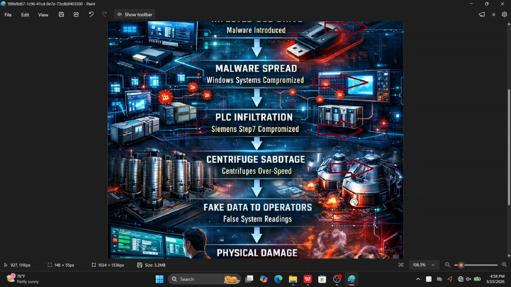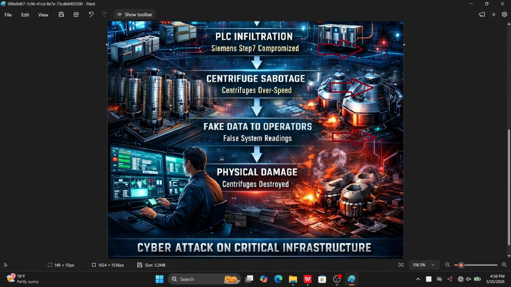Instead of operating normally, the malware instructed the centrifuge to spin at a dangerous speed. That means faking the operation. Then the PLC controlling the speed of the centrifuge was sabotaged, and it would act dangerously at high speed. This means periodically speeding up and slowing down in a way that gradually damages the physical equipment.